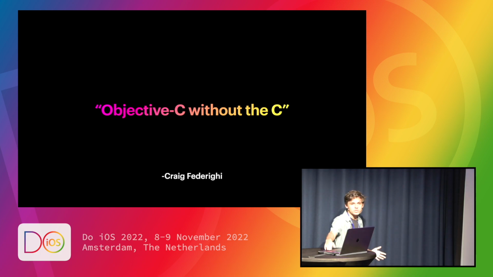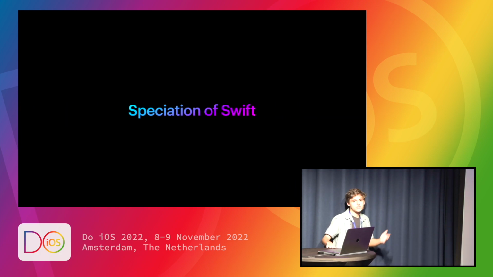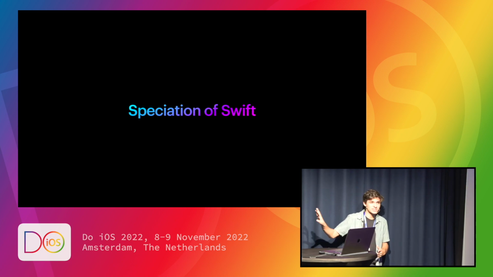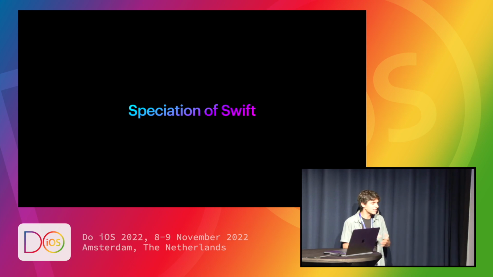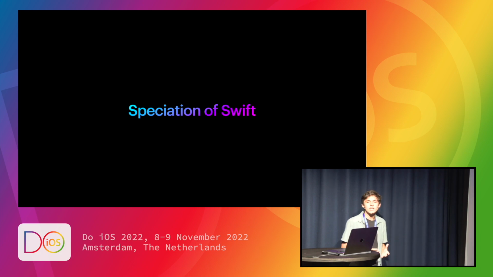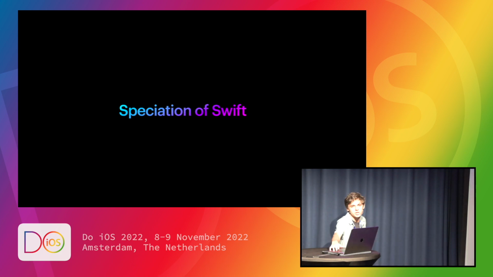And with this, you start to get what I describe as the speciation of Swift. So speciation is really a biology term, but I think it's particularly fitting here. Darwin used it to describe the separation of species in finches and tortoises and all sorts of stuff that I don't really know about, but we don't need to talk about that here because we're software developers. We don't go outside and look at animals. This is where we start to get a split between Swift and Objective-C, at which point they both become their own languages that can operate more independently of each other.